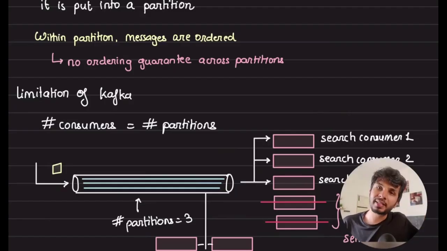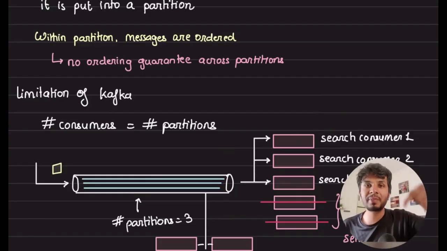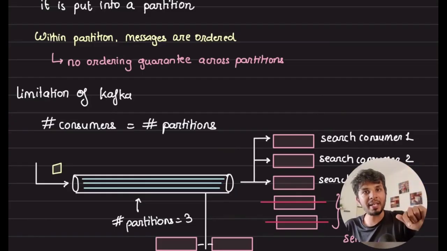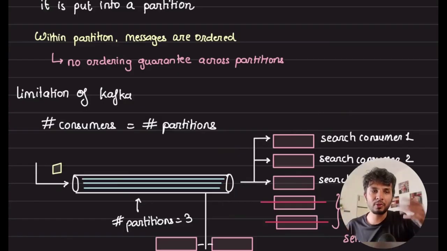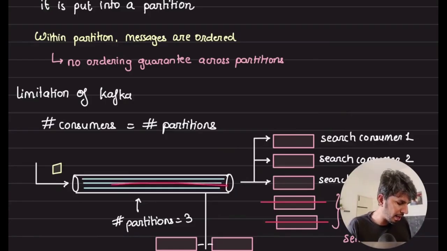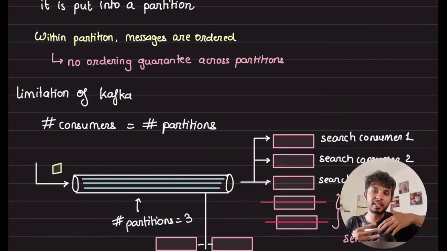Similar to how in message queues you were deleting after processing the message, here you will be committing after processing the message, because you cannot delete the message over here. Because if you delete, then how would others consume it? Right? But then, does that mean that my Kafka would be storing every single message it ever received? Theoretically, it can. So long as you have enough disk space, you can.